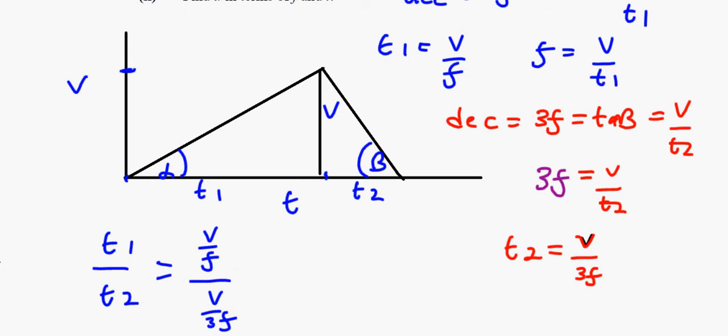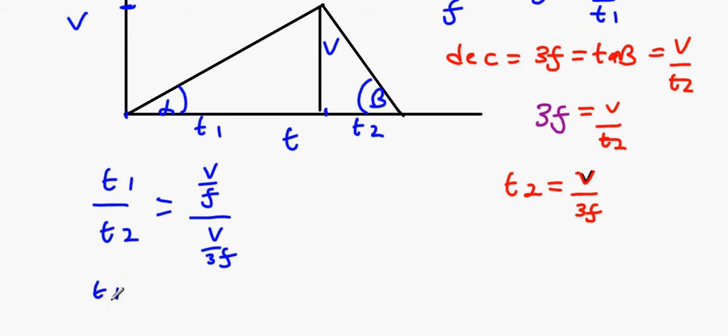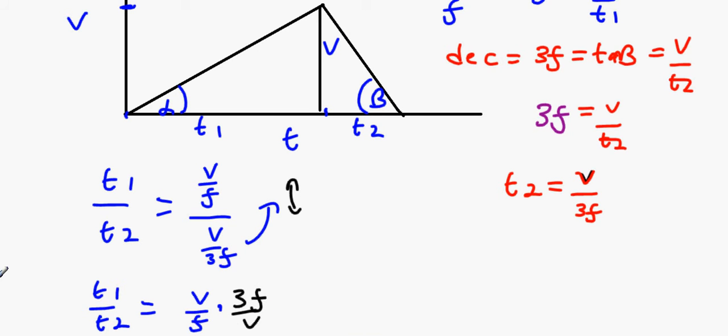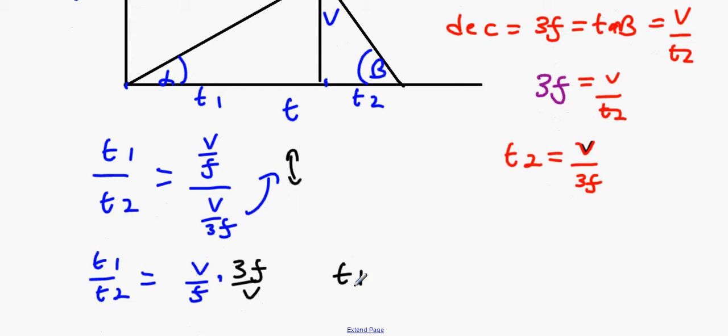Then t1 over t2 is the same thing as v over f multiplied by, turning it upside down, 3f over v. Then you're going to get t1 over t2 equals 3. So t1 equals 3t2. Now, what we can also say is that the entire time